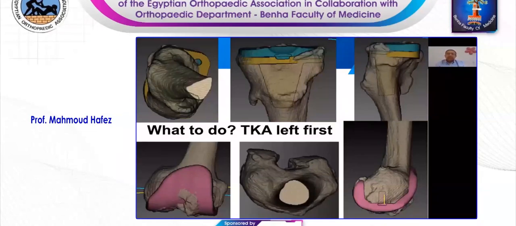So doing that with the planning, we got a lot of surprises. One of it is that the size of the tibia is not matching the femur. With some implants, you can have maybe one size above or below. Some other implants you could have matching for all sizes. So in this case, this helped us with the planning and choosing of implant. And the other thing is that the smallest size tibia for the implant that we decided to use was still bigger, as you can see with the overhang here on this view on the left side. So we decided to change the implant company to get a smaller size tibia,